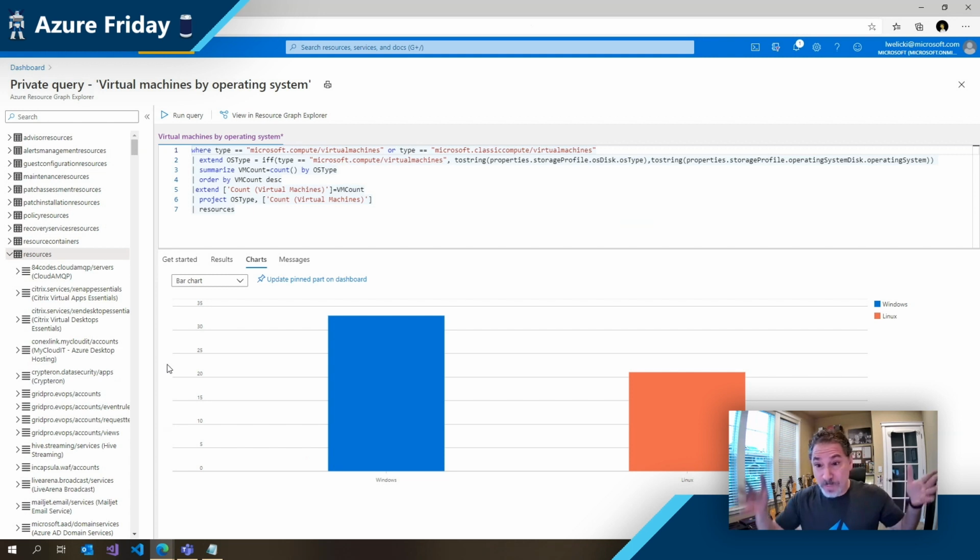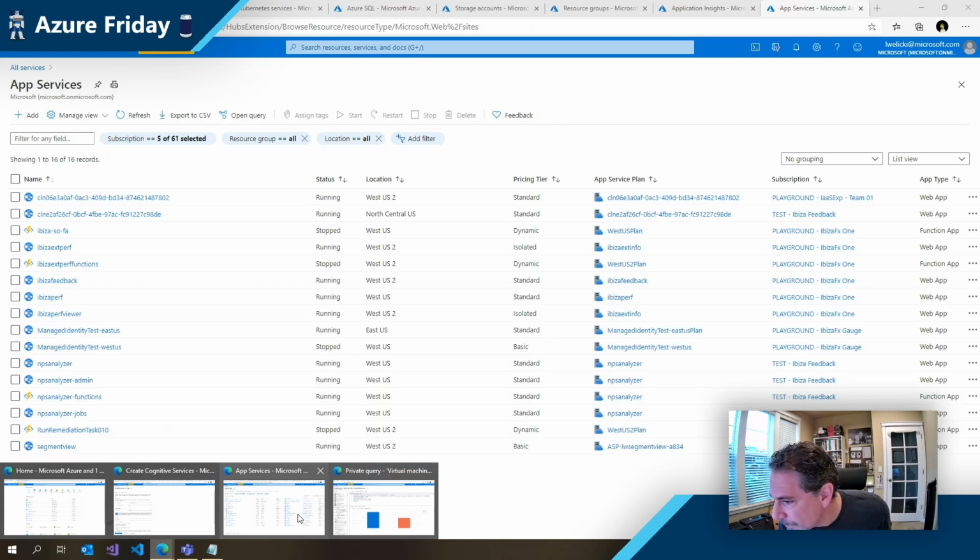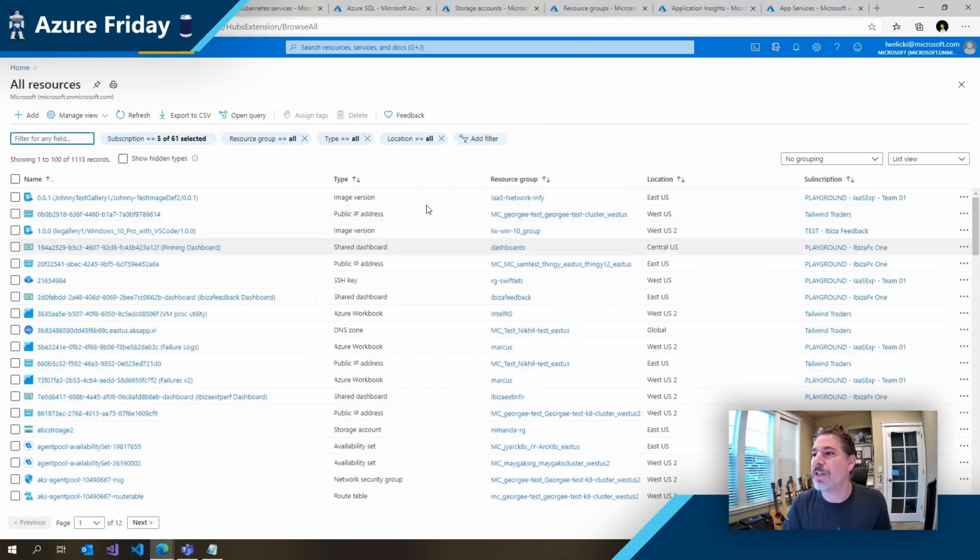So to wrap up this part that is finding resources, one important thing to mention is that this browse experience that I showed you, for all resources and for VMs, is pretty widespread across the portal. About 80% or more of all the resources have that experience. And right now we are striving to get 100% of the resources in the short term to have the same set of capabilities. So if you learn how to manage this all services view and export to CSV, open query and manage views,